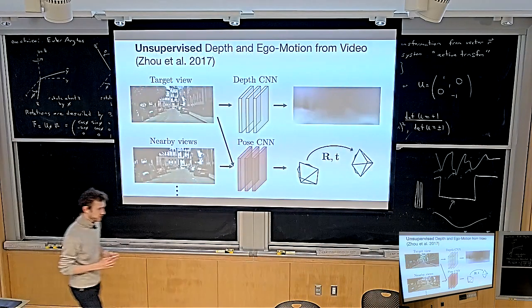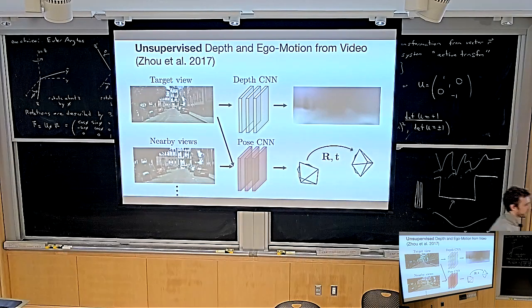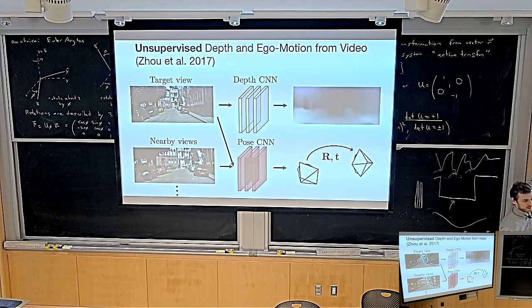Now, how can we use this for training a depth estimator? Okay, here's what we're going to do. This is the first self-supervised model that we're going to talk about, but it's not going to be the last, but the first. We're going to take 2 frames of a video. I give you a video like this. This is a video from the KITTI dataset, the self-driving dataset. I give you 2 frames of a video, and we're going to call one view the target view, and the nearby view, let's call this the context view, doesn't matter.